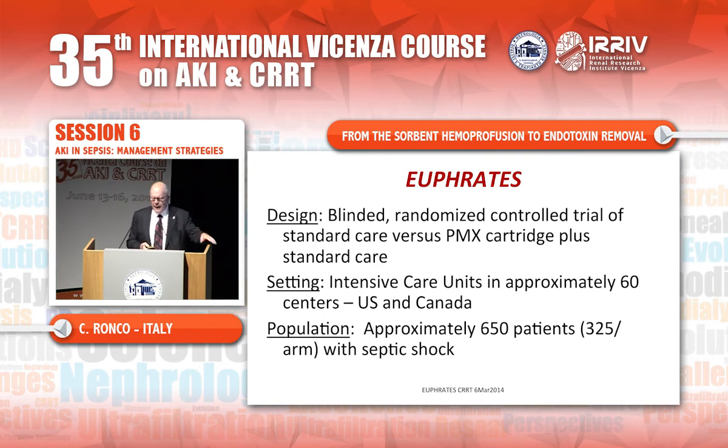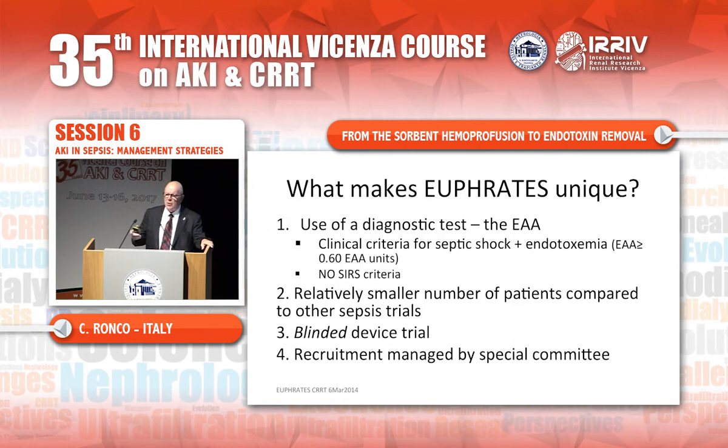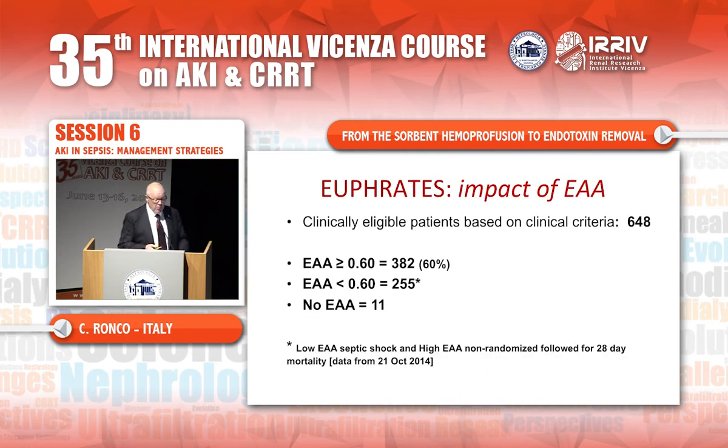It was subsequently modified, the sample size recalculated because of the severity. But what makes this trial unique is the fact that, for the first time, a diagnostic test and evaluation of endotoxin was the trigger for applying the system. The other thing was that it was a blinded trial and the recruitment was managed by a special committee. So basically, the patients that received an analysis higher than 0.6 were the patients that were included in